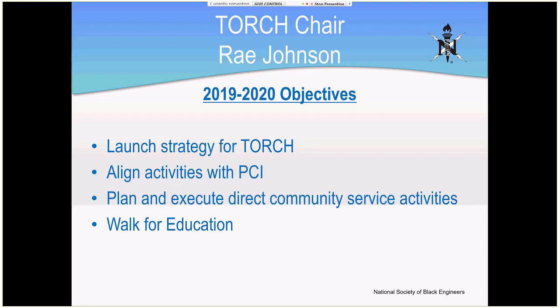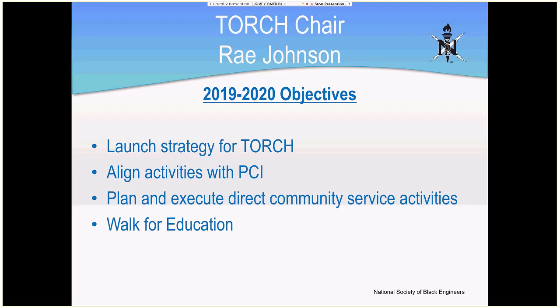Another thing that we're working on, Ray is actually co-chairing right now. Kirsten Ingraham is the chair, and coming January, Ray will be the chair. She's focusing on a Walk for Education, which is one of the signature programs of NSBE.